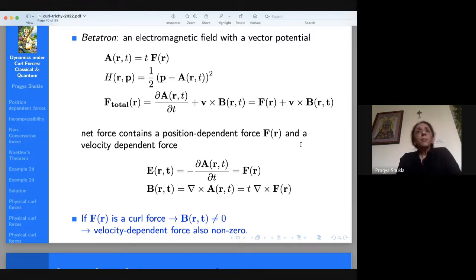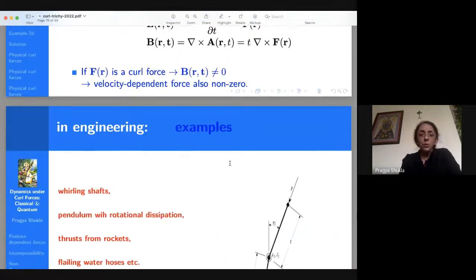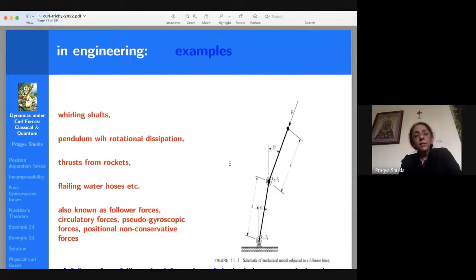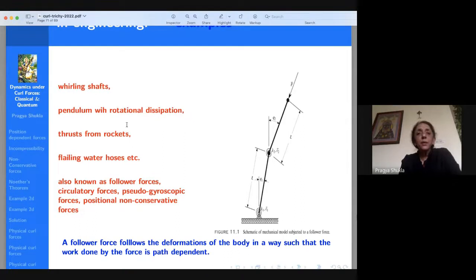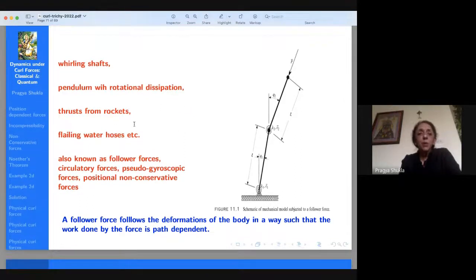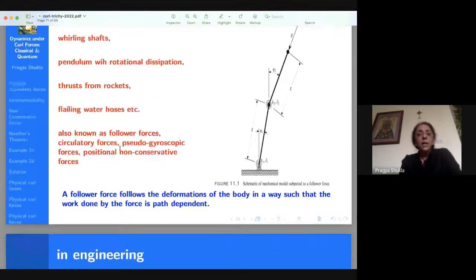Because forces whose curl is not zero and who are velocity dependent, such forces have already been known. For example, magnetic force is one such force. Okay. There is a lot of discussion about curl forces in engineering physics: whirling shaft, pendulum with rotational dissipation, thrust from rockets, water hoses. These are also known as follower forces, circulatory forces,